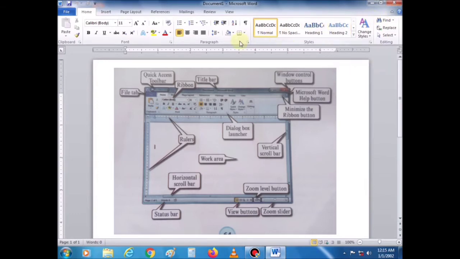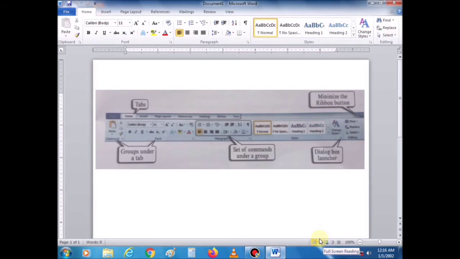You can minimize the ribbon by that, and this is the dialog box launcher button, and these are the rulers that show the width and height of a page.